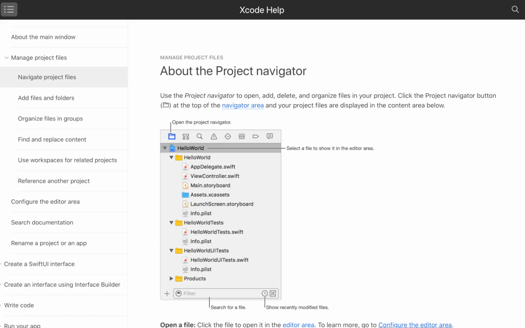We're halfway done with the Get Started chapter of the Xcode help document. I will be reading the Manage Project Files section, which is a little long. I'll be reading about project navigation, adding files and folders, organizing files in groups, find and replace content, about workspaces,